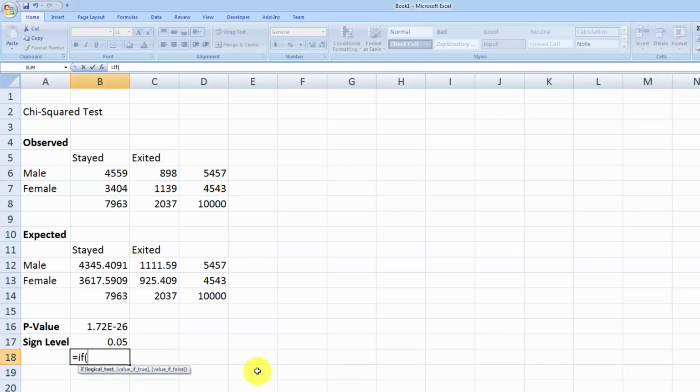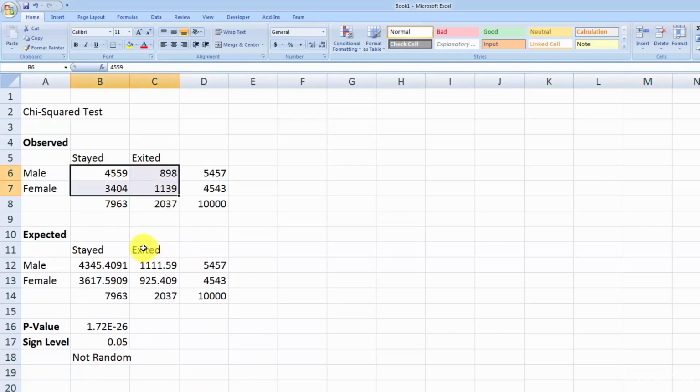So if the p-value is less than 0.05, then we will say not random. Otherwise we will say independent, right? Okay, so what this is telling us is that because the p-value is less than your significance level, this is not a random result. What you're seeing is some sort of correlation, that the result, stayed or exited, is actually dependent on your variable, which is gender